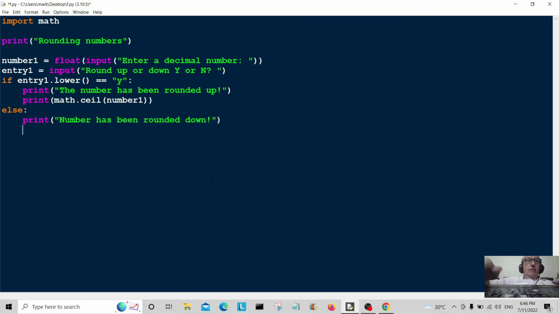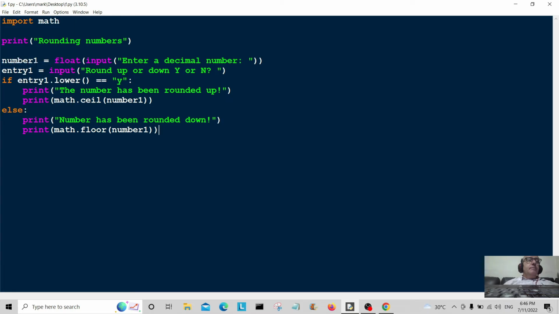Okay, so again we're going to use the math there, so print math, and this time to round it down we use floor, because floor is down there. So to round the number down we use .floor number one. Okay, so what I'm going to do now, we're just going to save that,